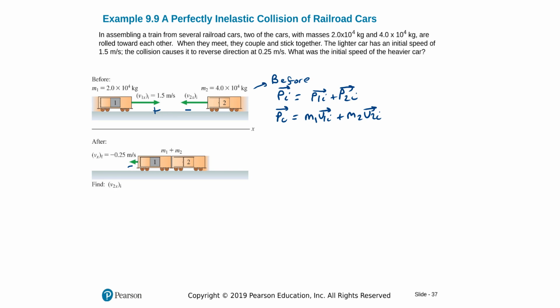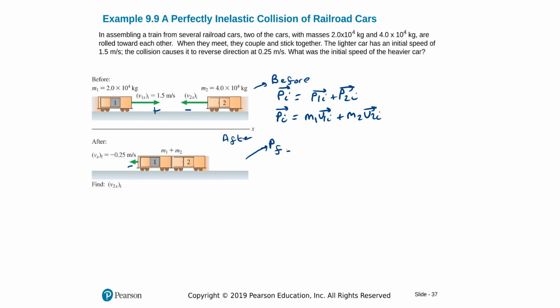If I leave this as positive, I can also go that way, and the result will give me the direction as negative as well, but this only works if we have a 1D case. So I'm not going to go that way. I'm going to put in the direction, and I'm going to find the magnitude. So that's P initial, and P final from the after picture